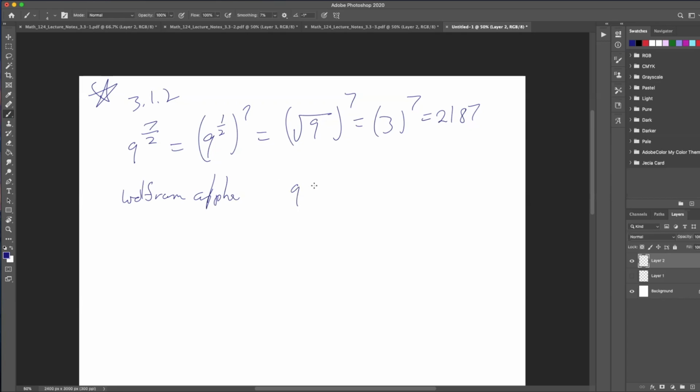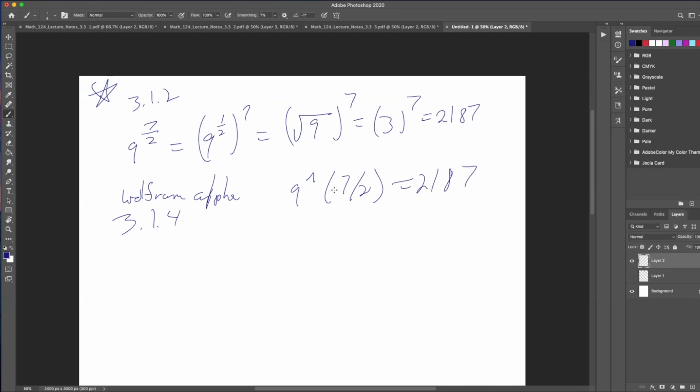Or you can just open up Wolfram Alpha, and type in 9 to the caret 7/2. Okay. And that will also give you the same answer. All right, so